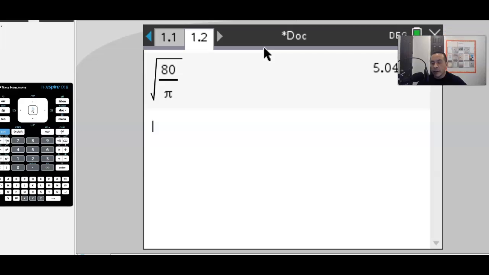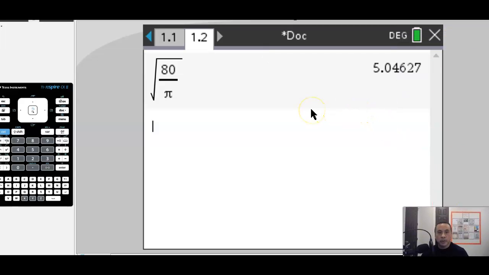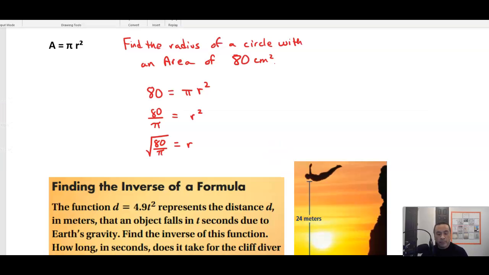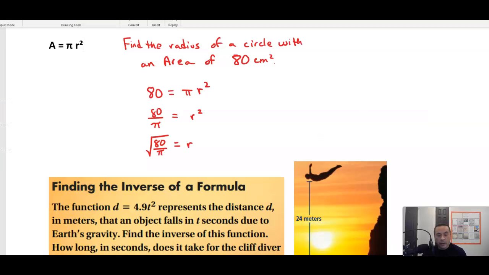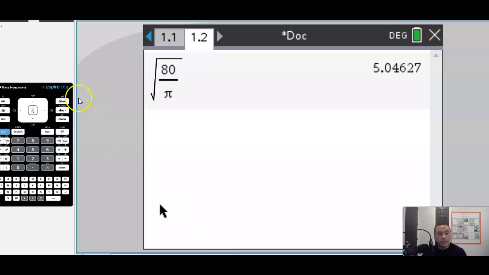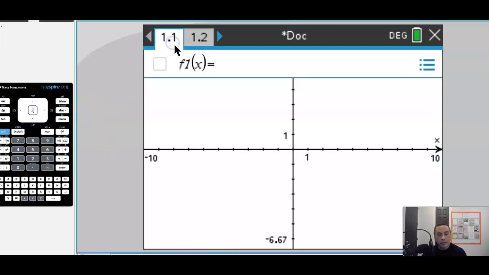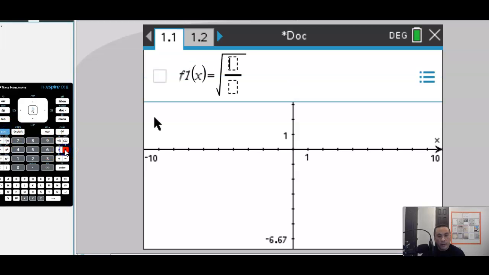if you wanted a circle with an area of 80 square centimeters, then you would need to have a radius that's approximately 5 centimeters long. Okay, so that's how that's going to work. And the thing that I like about this is that you can actually create an equation out of this. So if you go control radical, control divide, and then x divided by pi,